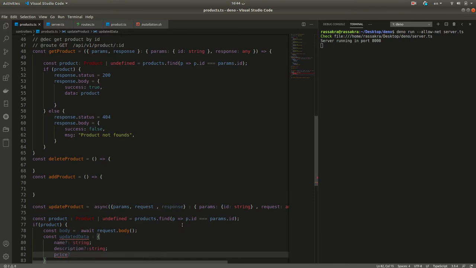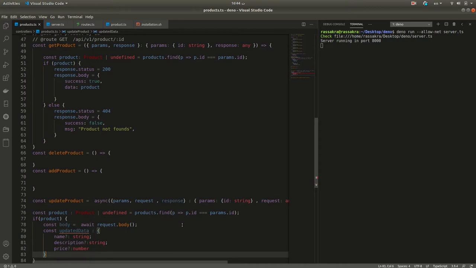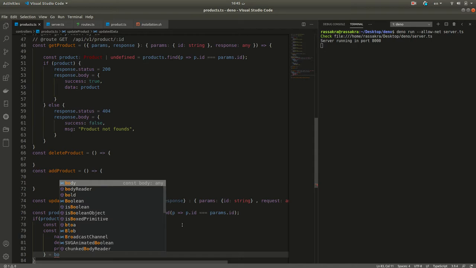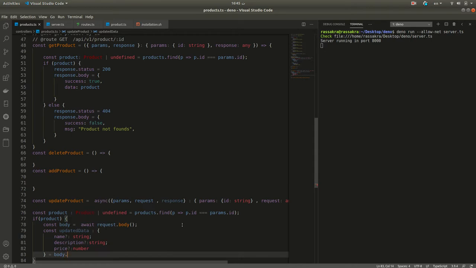If it exists, we take a number. This object will take body dot value,